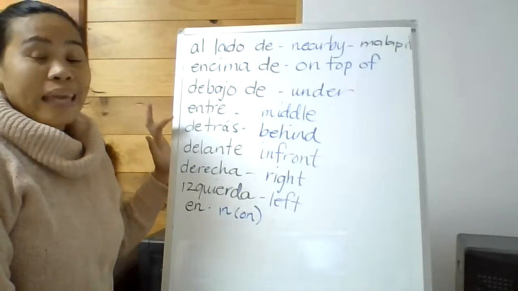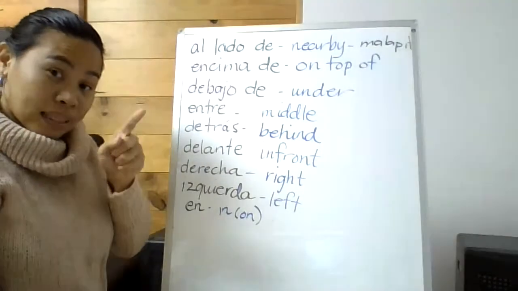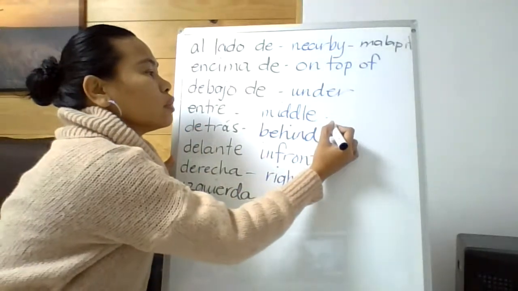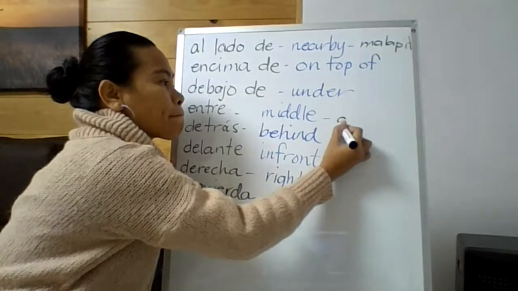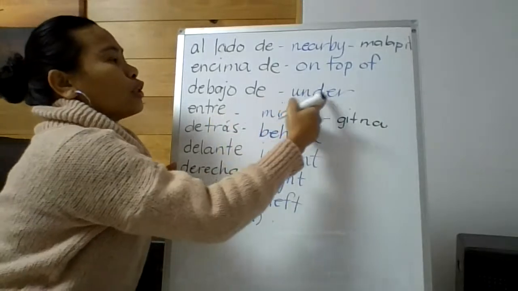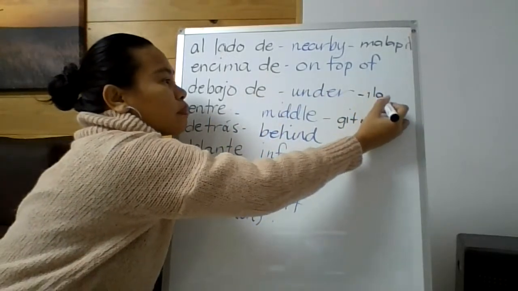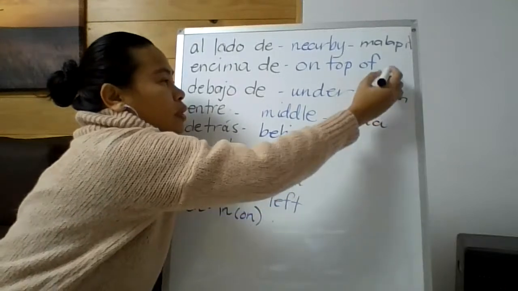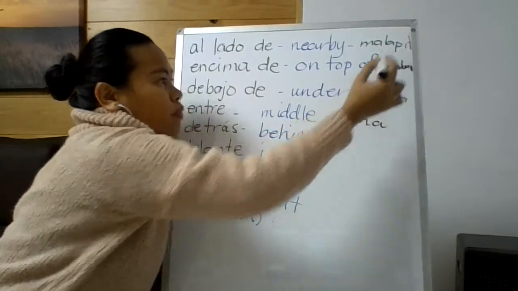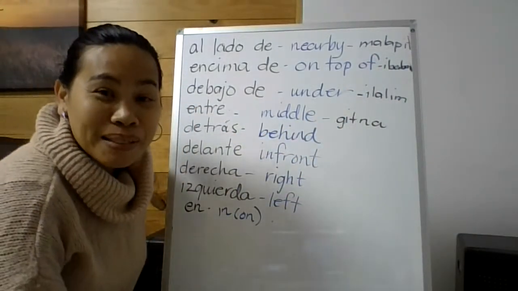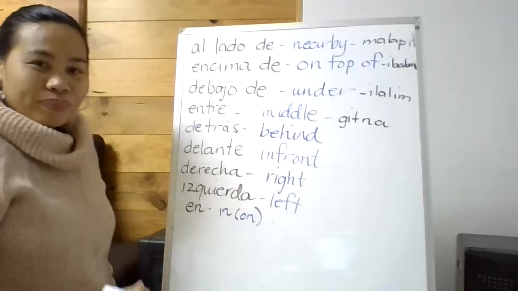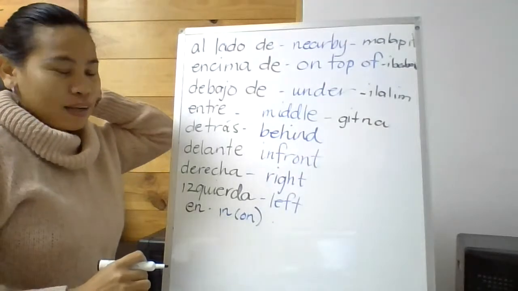Okay, next. Entre. Entre means middle. Sa gitna in Tagalog. Gitna. Okay. Under, ilalim, ibabaw. Tagalog. Okay? Ibabaw in Tagalog. And then, next, we have